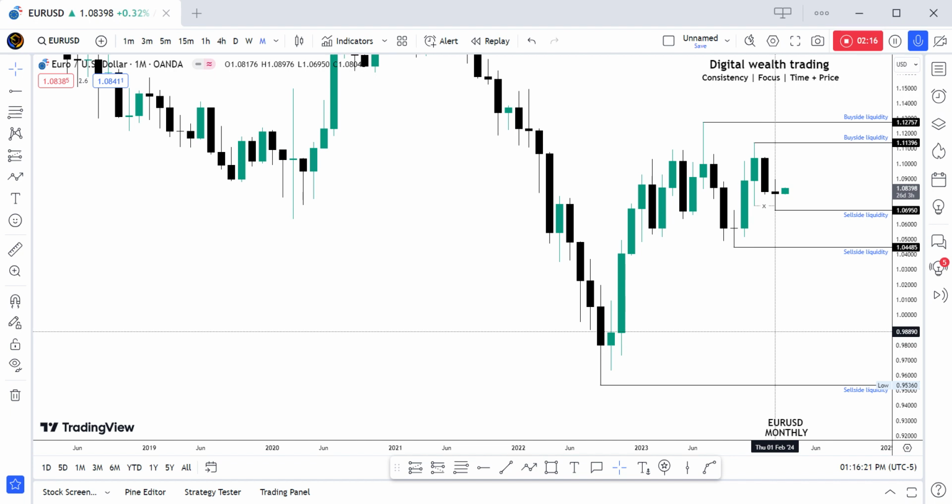So the Euro US dollar monthly contract has rallied weakly, meaning not strongly, the opposite of strong. I hope I don't sound like I'm saying week; I mean weak, something that is not strong. That's what I mean by that statement. It has rallied weakly from December 2023 highs and priced into and filled the monthly inversion fair value gap, which I am looking to act as a BC, a maximum value gap or BC.